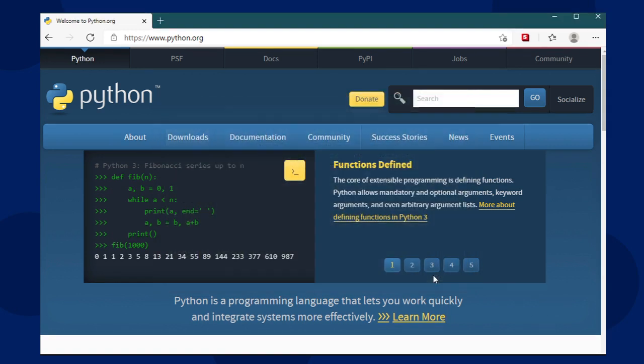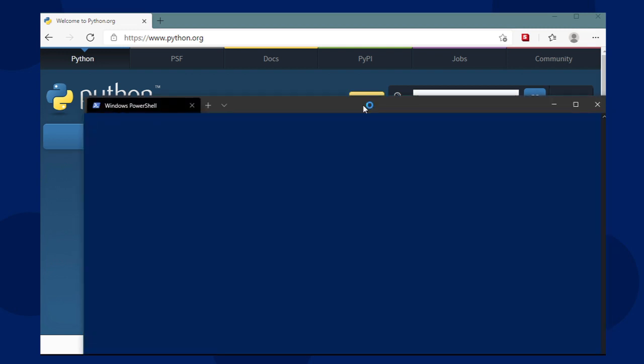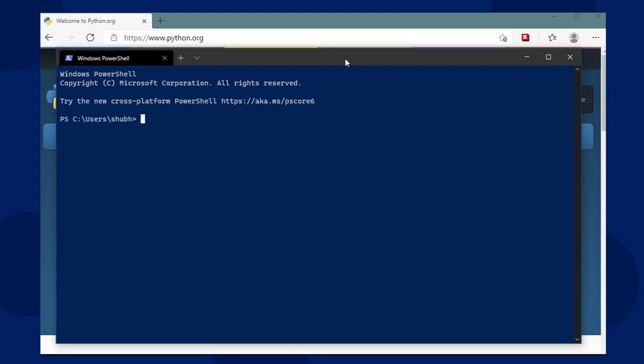Now let's check whether everything was set up successfully, meaning whether we have the Python interpreter inside our system or not. For that, you have to open a terminal inside your operating system and run this command: python --version. If everything was okay, it will show the current version of Python inside your operating system, and it is showing that I currently have the interpreter version 3.9.2 installed in my system. So that's it. We are done with our first step.